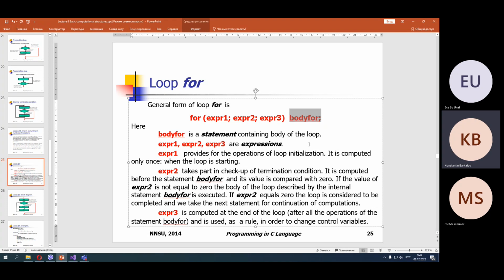It's computed before the statement body, before the loop body, and its value is compared with 0. If the value of expression 2 is not 0, so if this expression returns true,